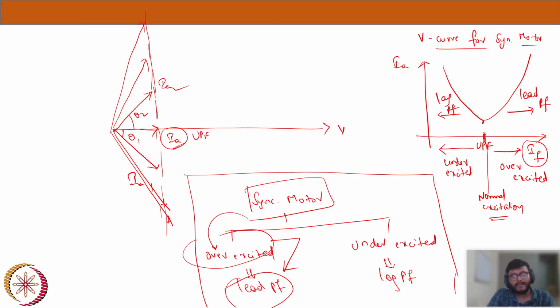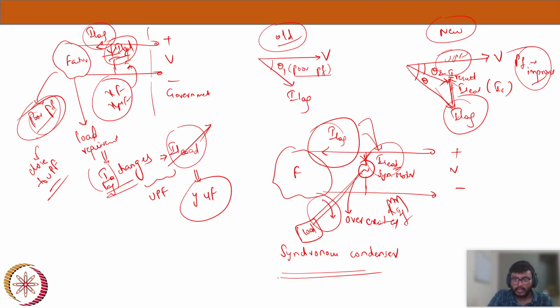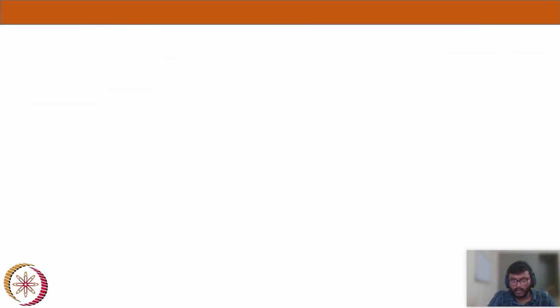Now, today we have discussed the concept of variation of field current in the synchronous machine. We have discussed it for both the synchronous motor as well as the synchronous generator, and then we have seen the application of this, where exactly we will use this kind of application. Now, with this,